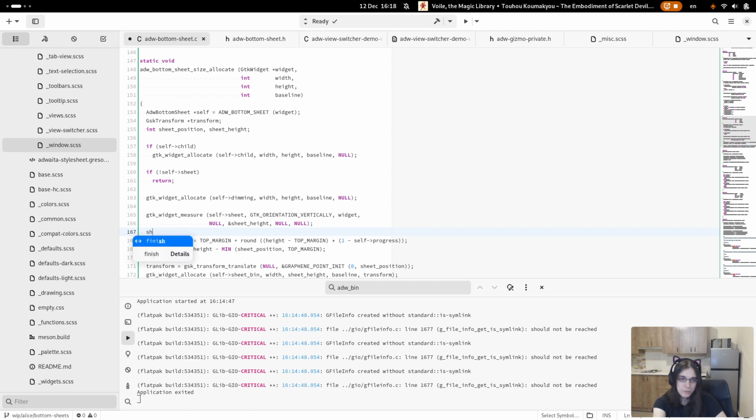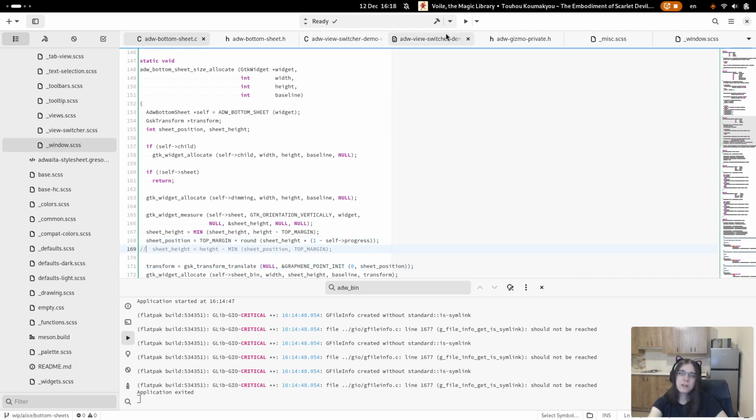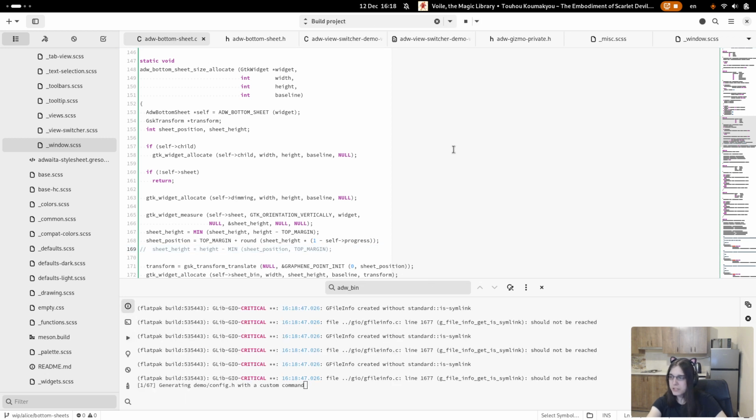Now it is the minimum of sheet height and height minus top margin. And now we can use sheet height here. I'll remove this for now. You need to think about it and see if the rest works.